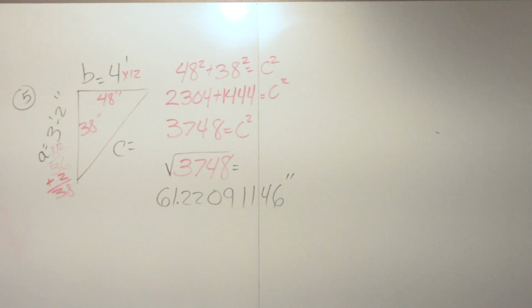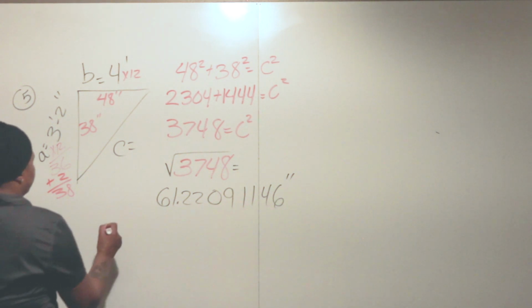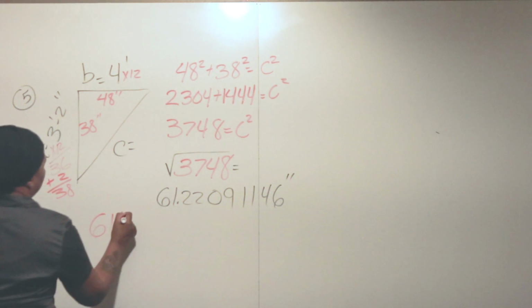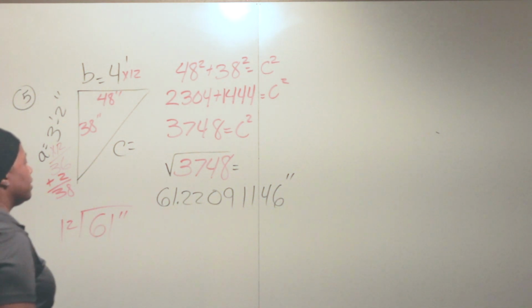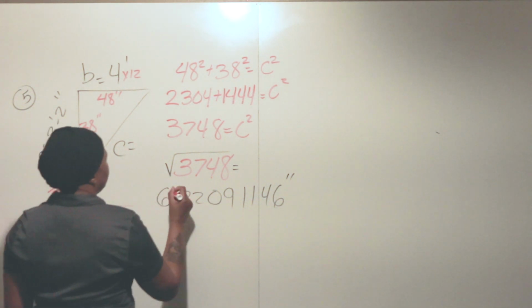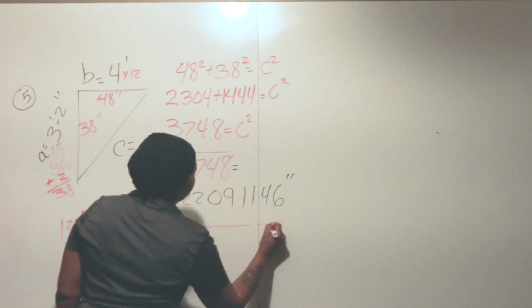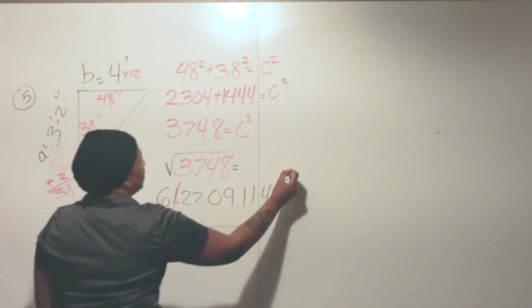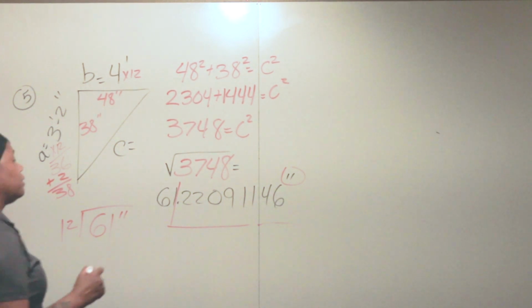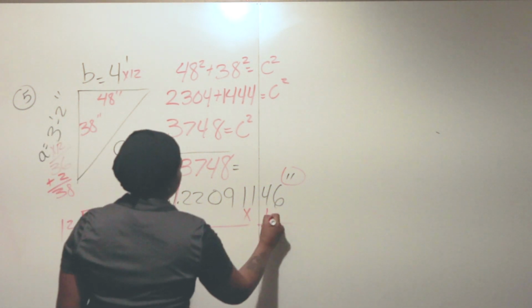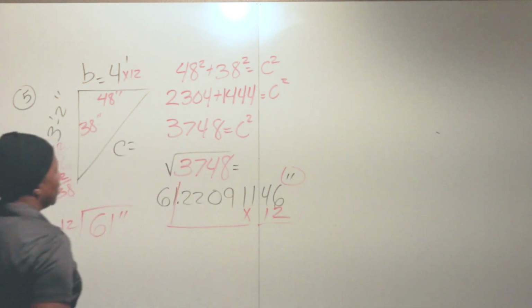All right, so now we have a decimal. That 61 represents a whole number of what? Inches. So we're going to push it to the side and deal with that in a minute, because we have to find out how many 12s we can get out of there. So the back end of this, we have to find our fraction. The inches is telling me that that's a fraction back there. So I have to round it to the nearest 16th of an inch. So I have to multiply the back end by